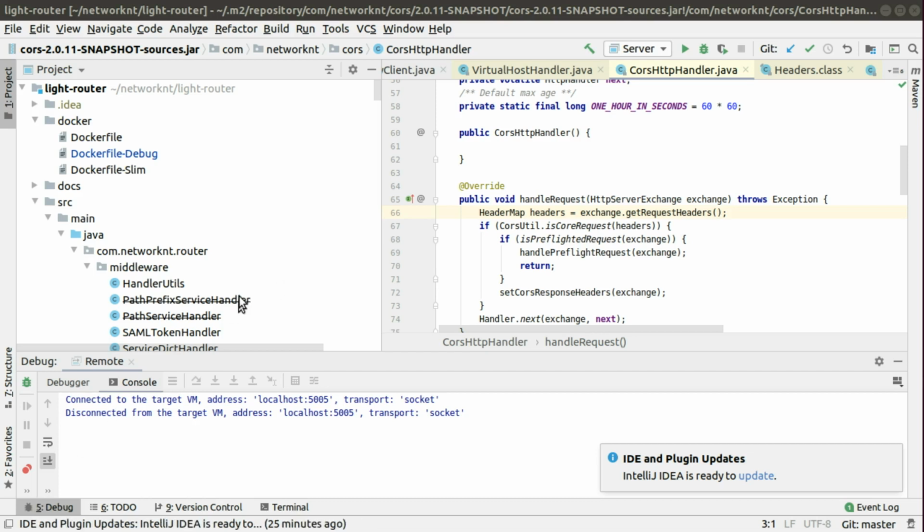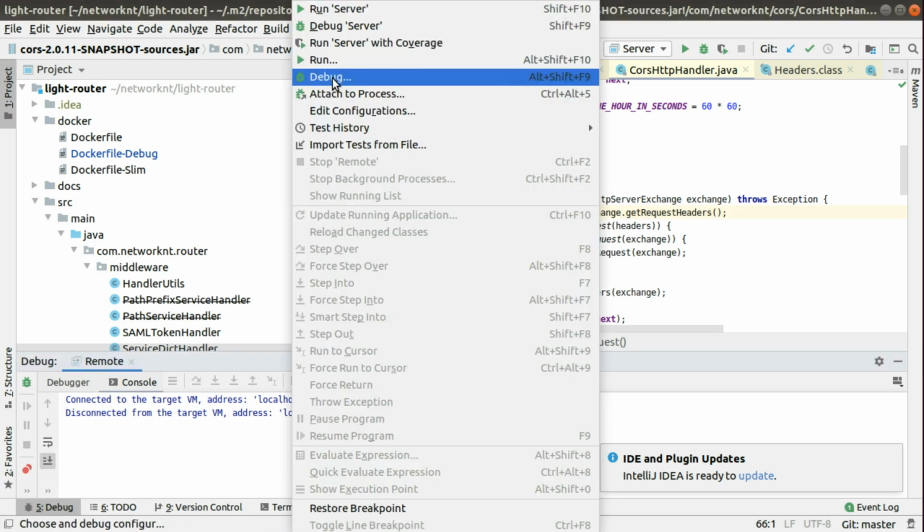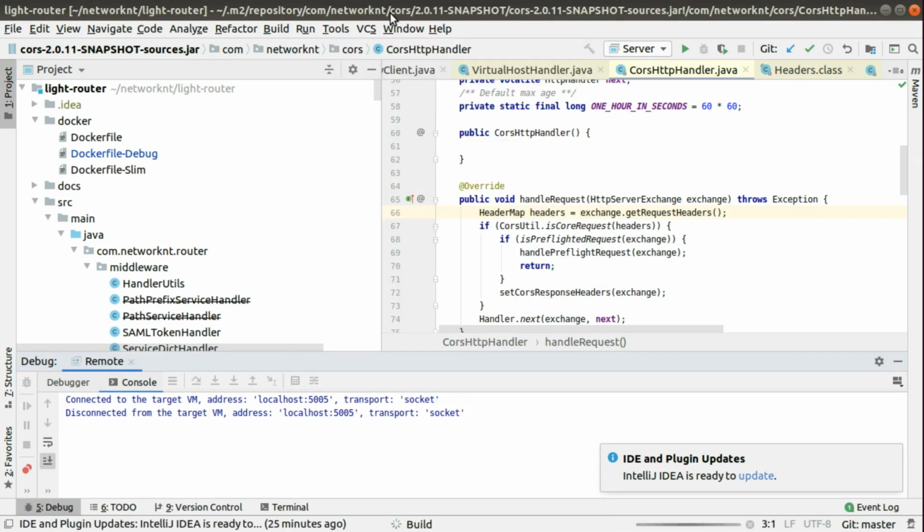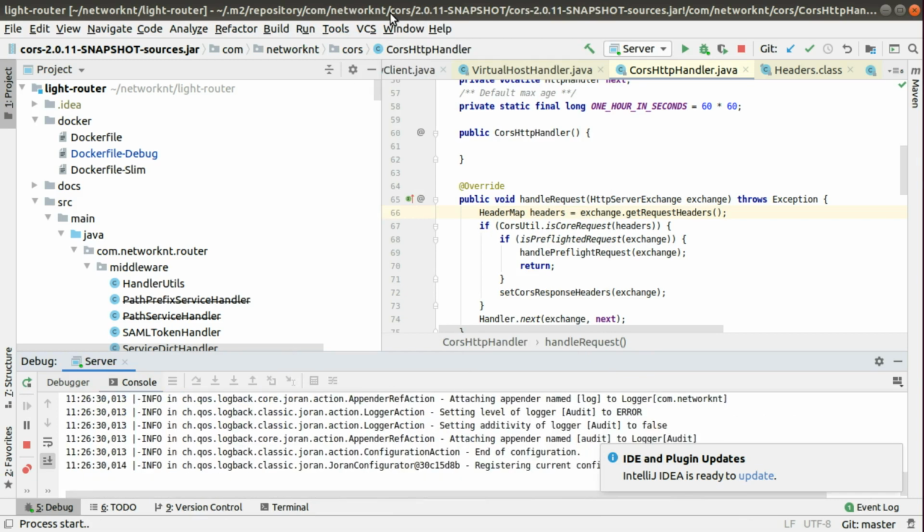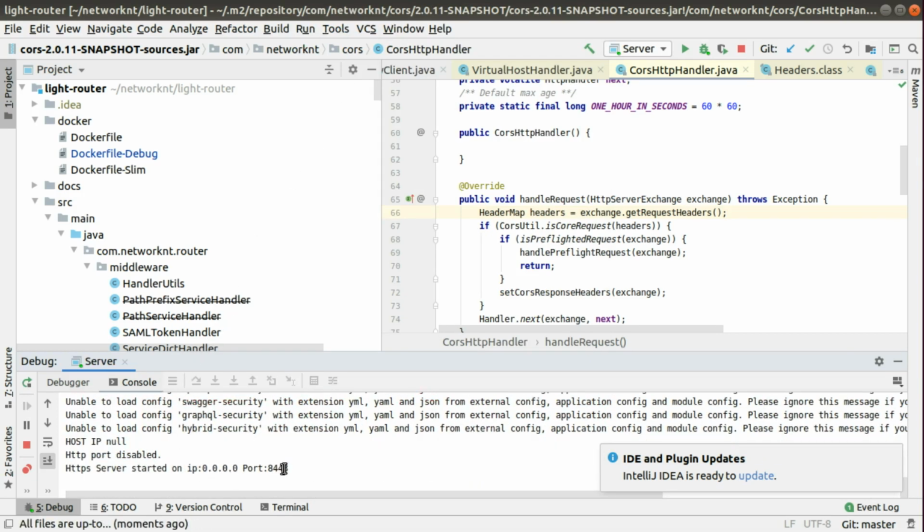Okay, the previous remote debug session is shut down, and I will start the debug on server. You can see the server is starting and listening on 8443. On my desktop computer, I've already set up iptables to redirect HTTPS port 443 to 8443. So even though the server starts listening on 8443, you can still